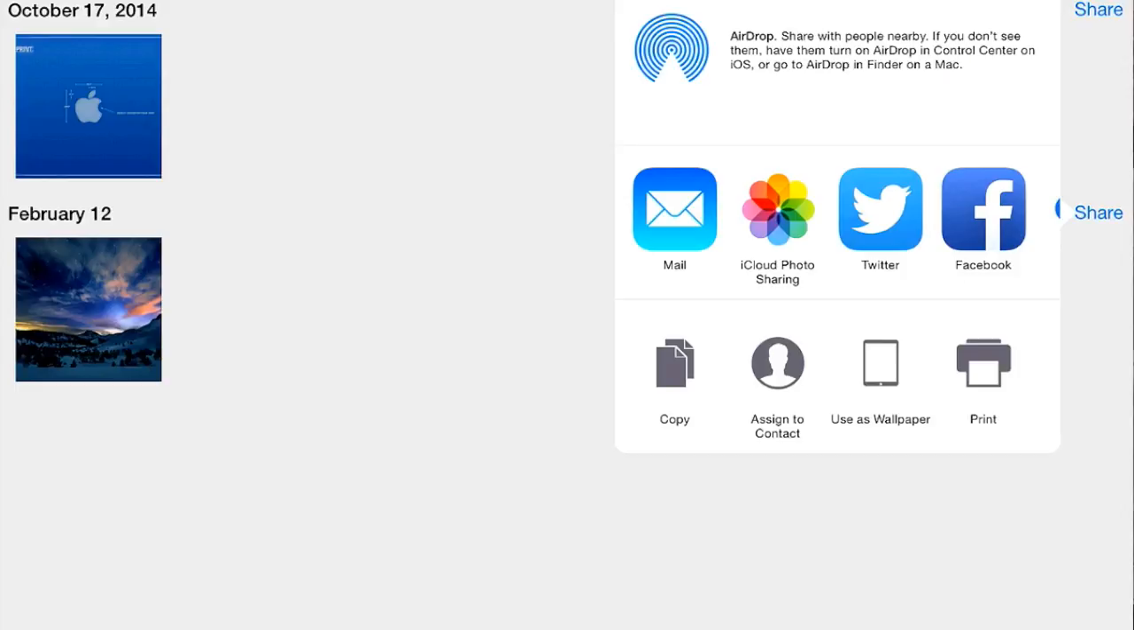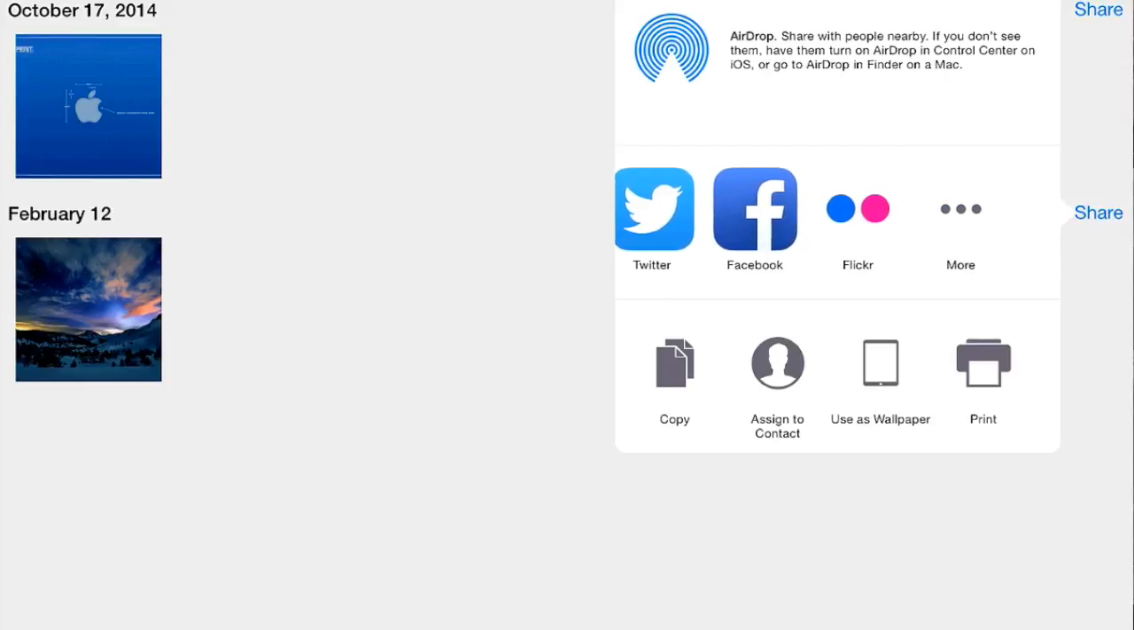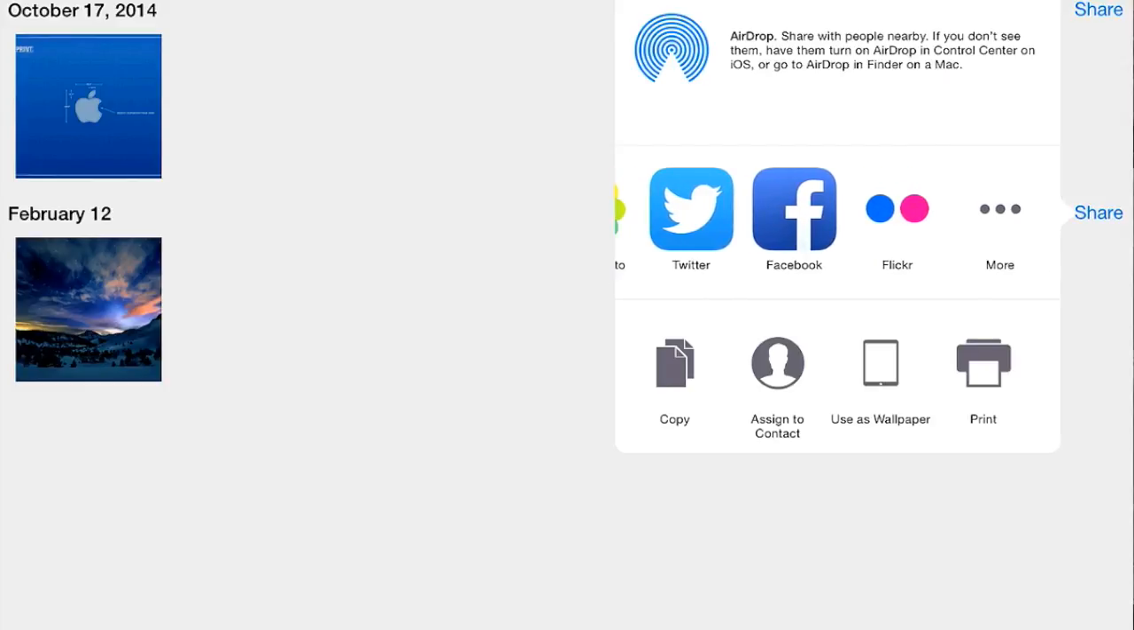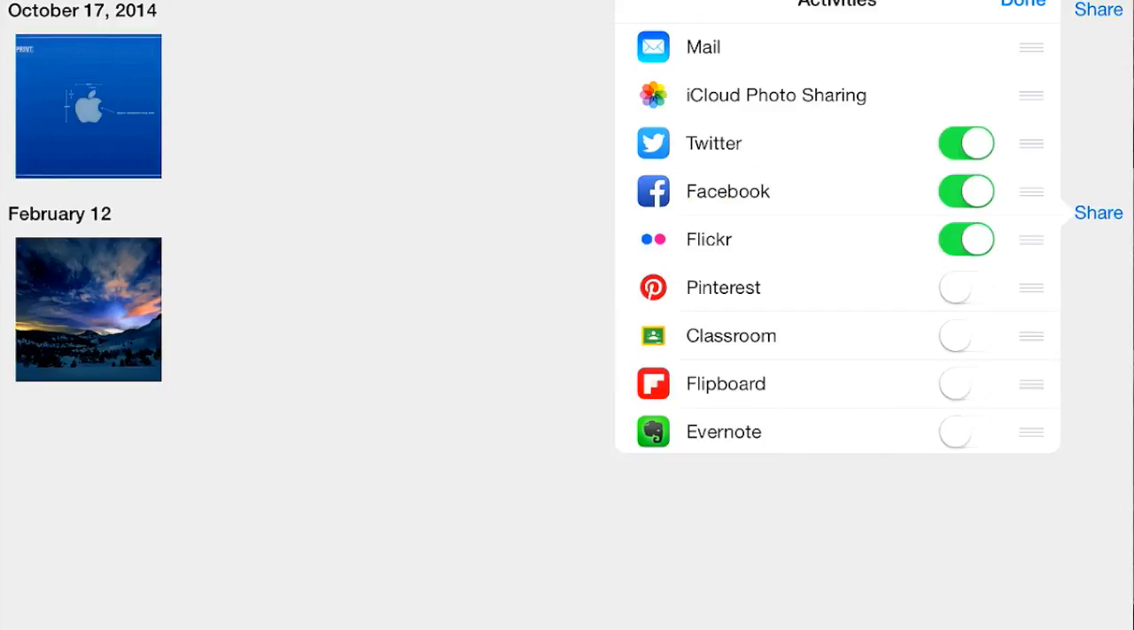AirDrop is the ability, over a Wi-Fi network, to connect to another iOS device and share a file. This could be a PDF, this could be a photo, this could be an article from Safari. This allows you to just wirelessly send content to another iOS device. So you have your basic options here: Mail, Twitter, Facebook, Flickr, depending on the apps you have on your device. You also have an ellipsis over here where it says More. So if you select this, you'll notice that you have a lot of different options that some are turned on,